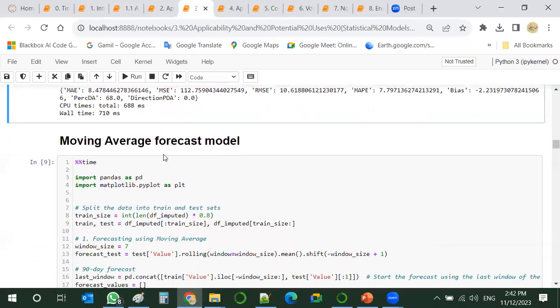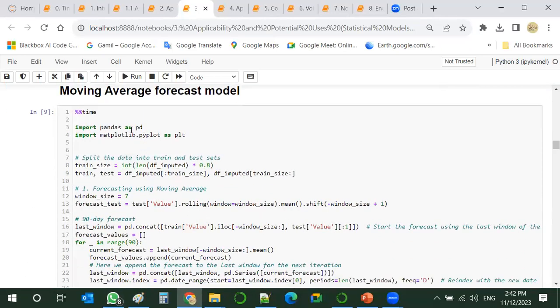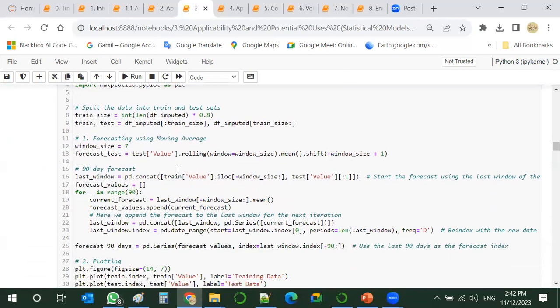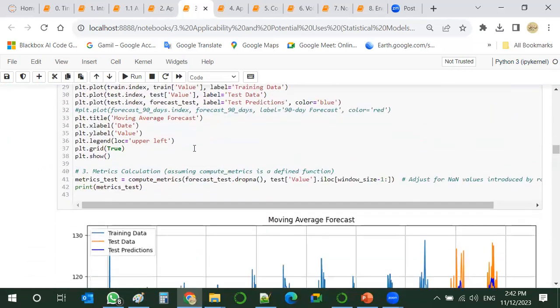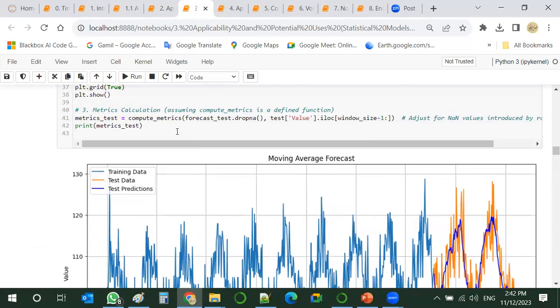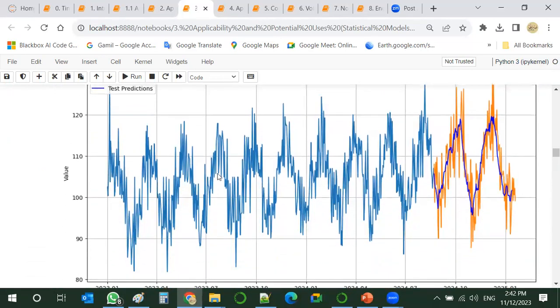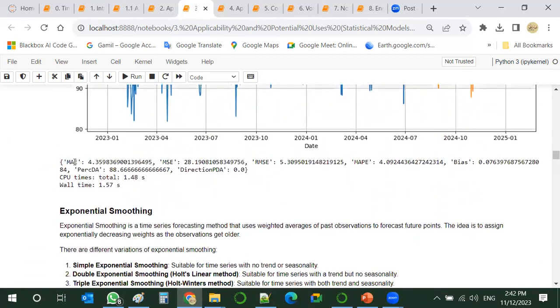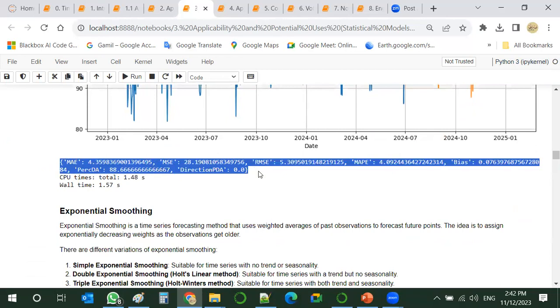So let's apply the same concept on one of the previous models that we have carried out, the moving average forecast model. This one will now give us this shape, but is now characterized by these metrics.